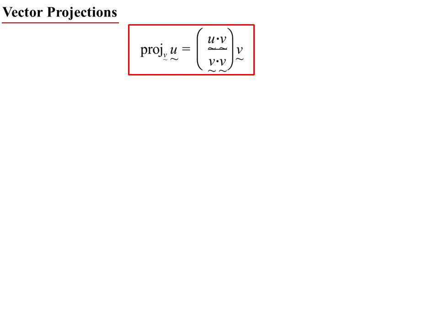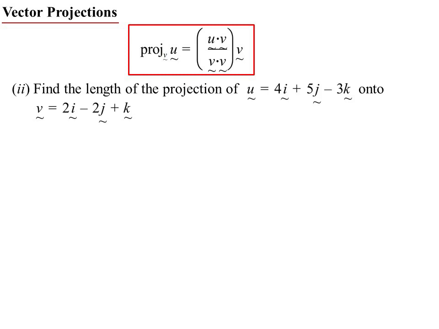came up with. So if I want to project the vector u onto the vector v, then it's u dot v over v dot v times v. But make sure you read the question. In this particular one, it's not saying find the projection, but just the length of the projection. So when it's the length of the projection, it's still u dot v on the top, but on the bottom we get the magnitude of v, not the magnitude of v squared, which is very easy to make that mistake